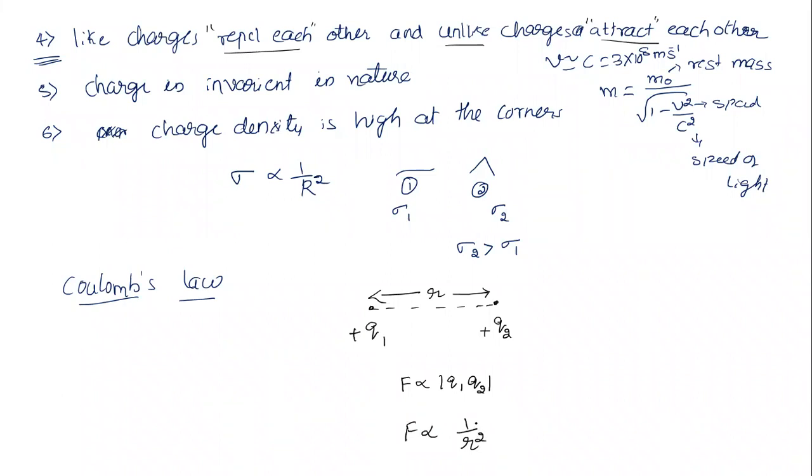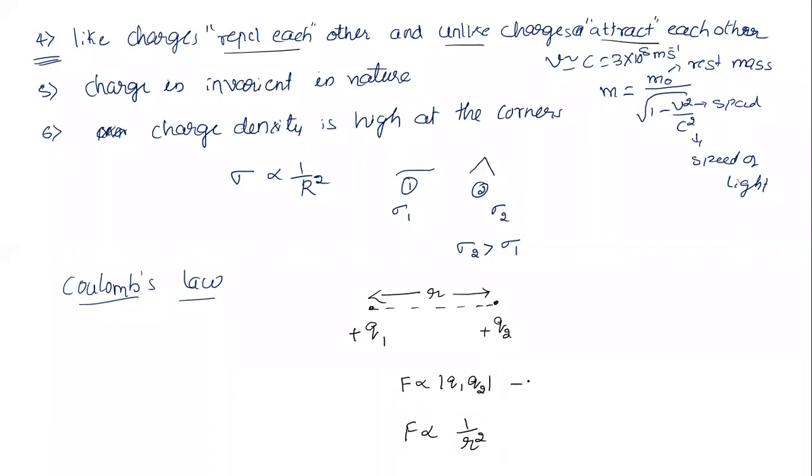Sir, is this equally applicable when you take one positive, one negative? Of course, this formula is equally applicable if you take one positive, one negative, but the difference is that since those two are unlike charges, they attract each other. Sir, what if I take both negative? In that case also they are going to repel, but the formula is the same. If they're unlike charges, they attract each other. If they're like charges, they repel each other. But the way to calculate how much repulsion or attraction there is uses the same formula.